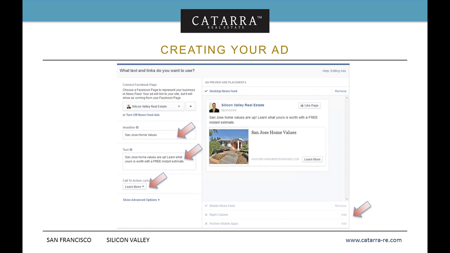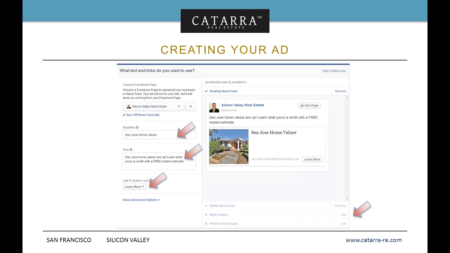Reach out, right? I mean, this is a contact sport. So take advantage of what this ad does, because even if somebody doesn't click through and say, I want a home valuation, if they've liked your page, maybe they just like the picture, but it doesn't matter. It's an opportunity to network. So that's where we get back into lead management. This is one of those opportunities where you want to say, hey, thank you for liking my page. Are you interested in selling your home? If you're not, do you know somebody who is? That's all you have to do.